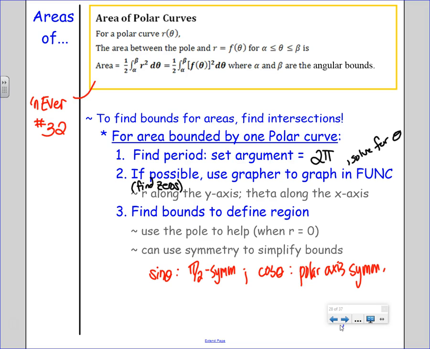Or if they're trying to have you find, let me think of a good example, the entire area within a limaçon, which is complicated because you guys have already noticed that some of the area is double counted, so we'd have to be careful with that. But it might be helpful